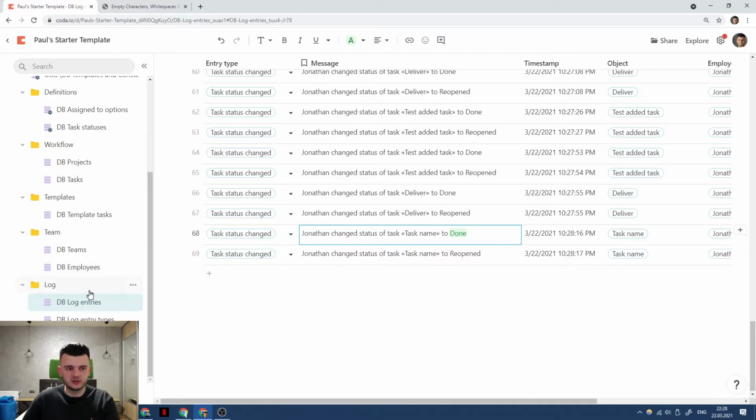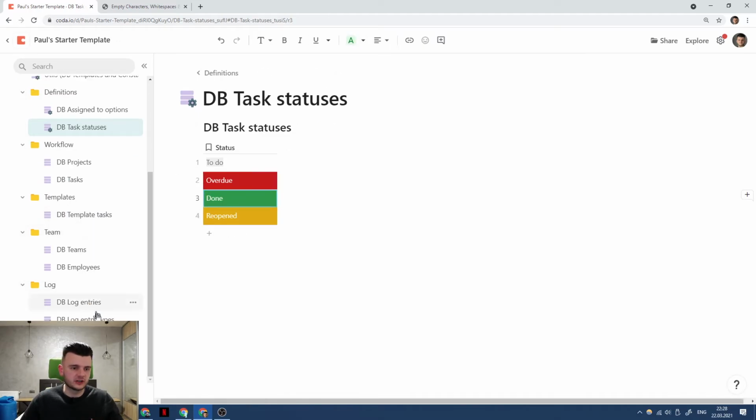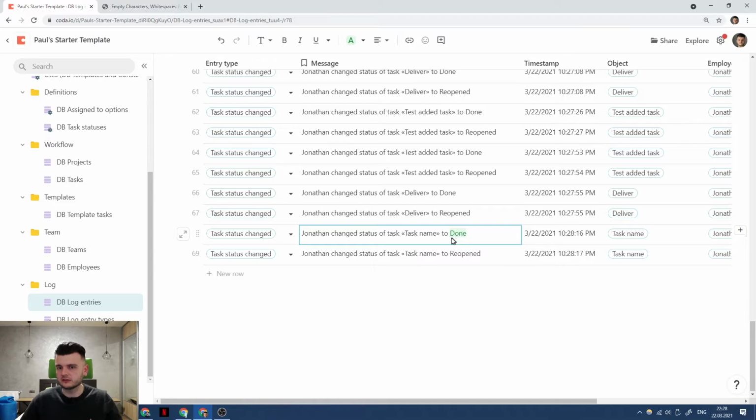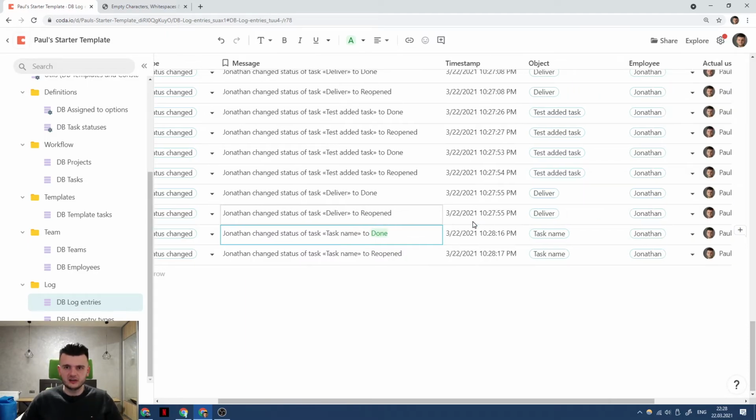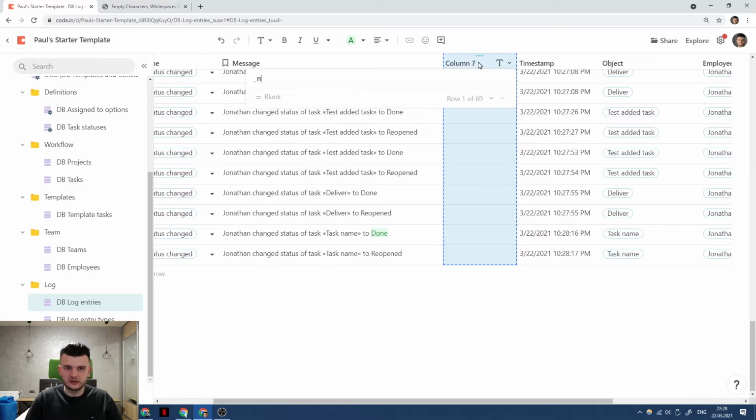So it just took the label from statuses, right? We didn't even insert the lookup. We took the status column of the lookup. But still, the text here contains a formatted string. So what it added to the log entries, it inserted the formatted string into the format template. And if we now inspect what's there in the field,